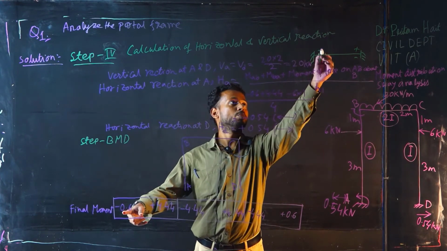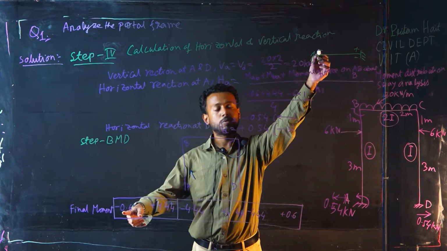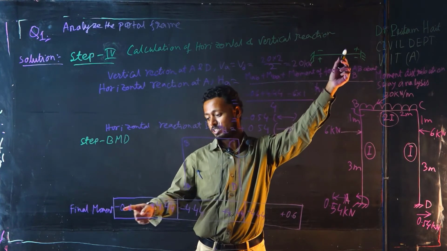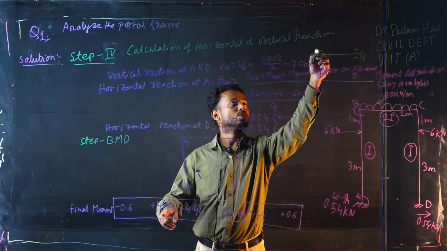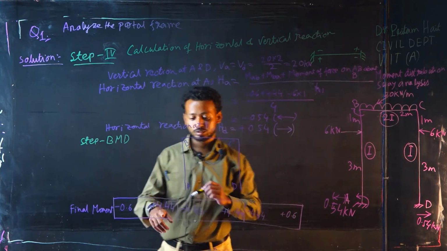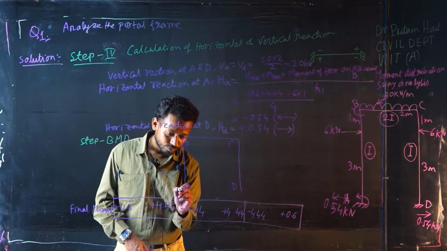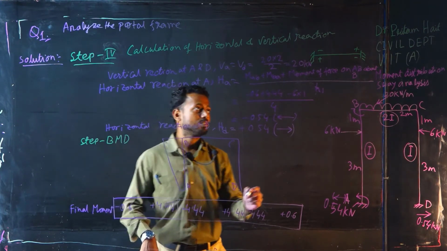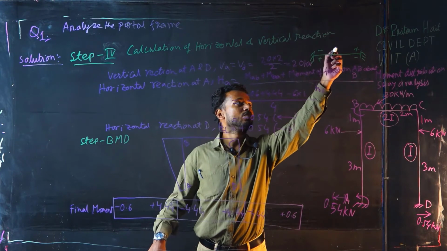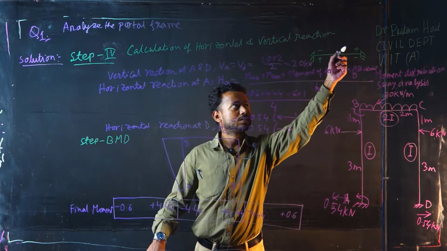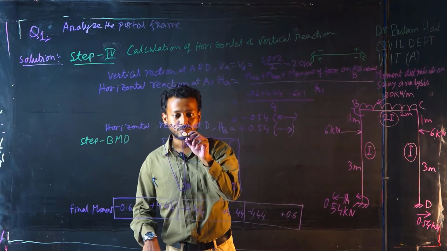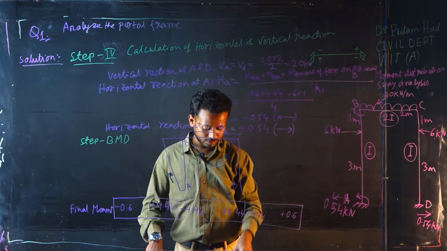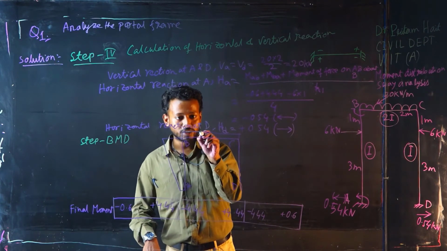Negative means from top, the moment BMD will start from top. Positive means it will go to top. Negative positive, this is negative positive. So from starting top, it will go in upper side. So the bending moment will be in top, again it will go in top. It will be like this. Next, negative positive, it will start from top and it will go in upper direction. So as the moment is same, the level of the bending moment will be same.